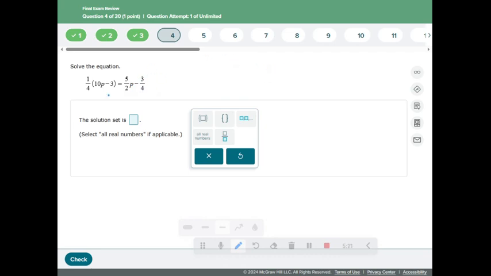So make sure you distribute that 1/4 to everything within the parentheses. That would give us 10/4 P minus 3/4 equals 5/2 P